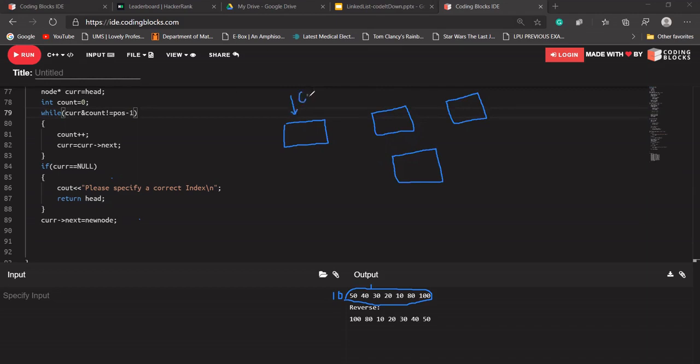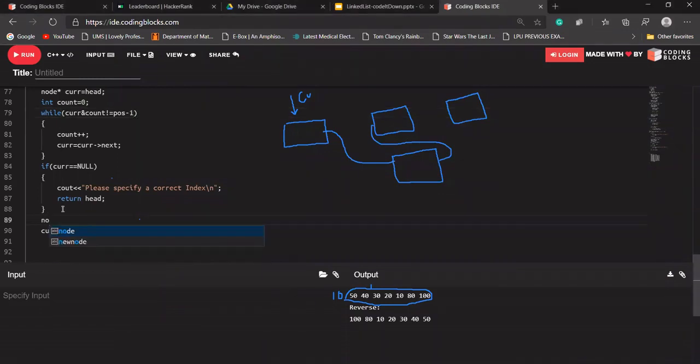After this current I want to add this node, and I want to add it here. So before adding this, we'll store the address of its next, current's next, into a temp variable, because we also need to update that as well. So let's take a node star temp. Temp will be pointing to current's next, and now current's next will be equal to new node.